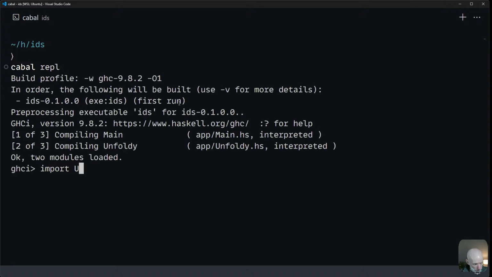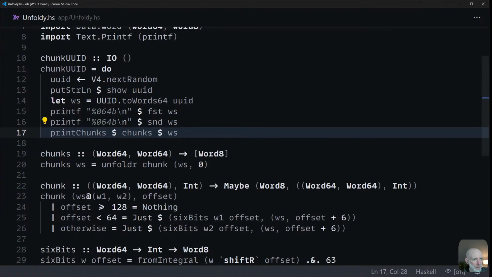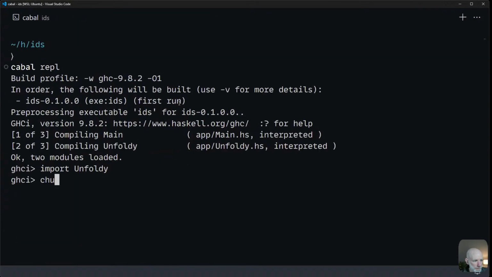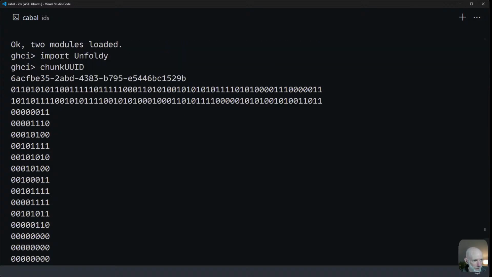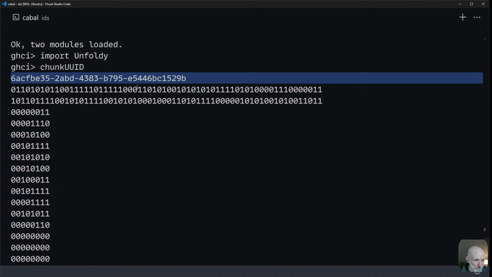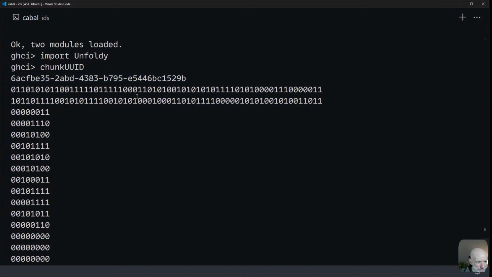So import unfoldr, and then we will say something. No, what do I call it? chunkyUID. Right, good. What's it showing me? So we generated this UID, and we got these 2 words. And this one,